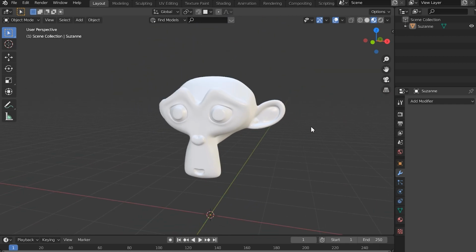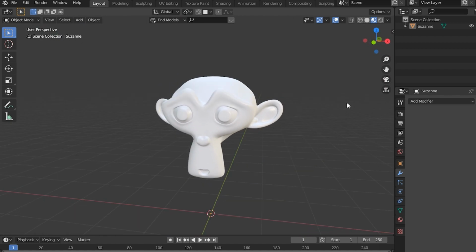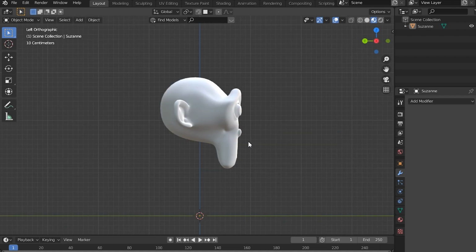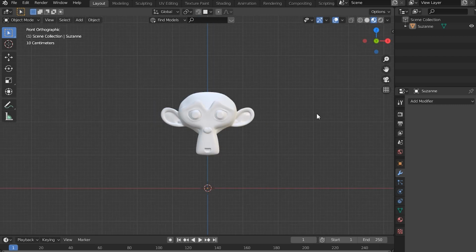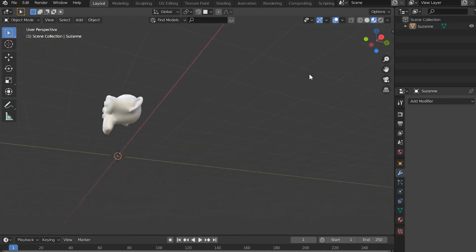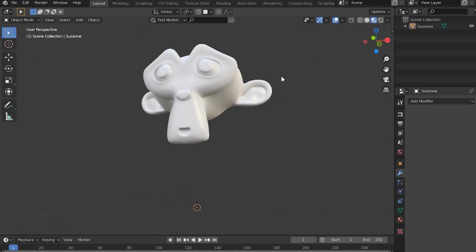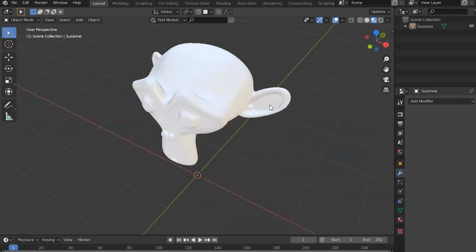To rotate or orbit around your mesh, you hold down your middle mouse key by itself and you can rotate all the way around your entire mesh. If you want to rotate and snap to the X, Y, or Z axis, you hold Alt and click your middle mouse button, and it will rotate, but it will snap to the exact axis that it thinks that you want. And if your navigation is all messed up and you're all the way over to the side and you're having trouble orientating, or your object is not in the center, hold Shift C and it will recenter your avatar so it will oscillate around the center.